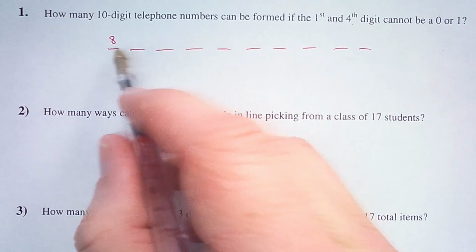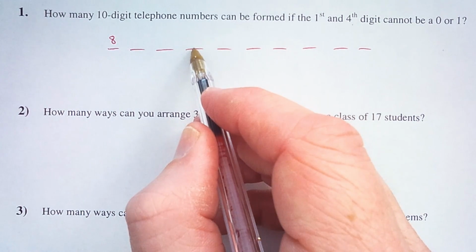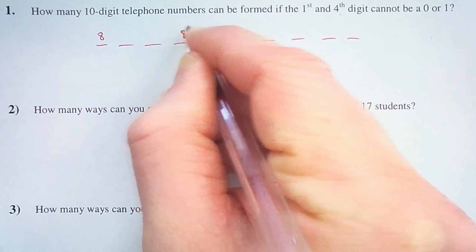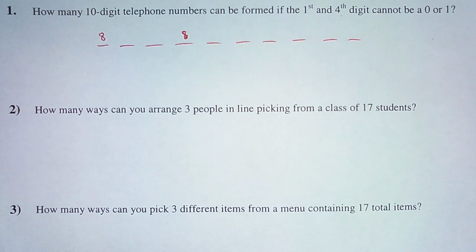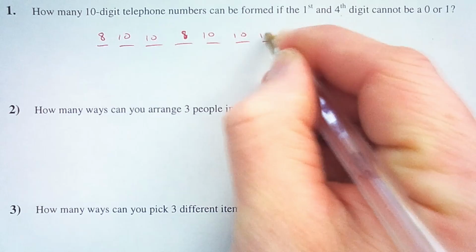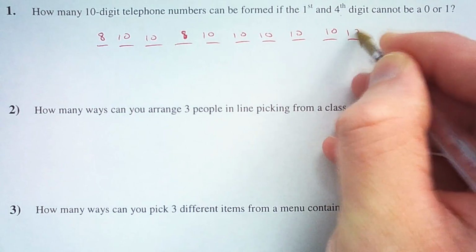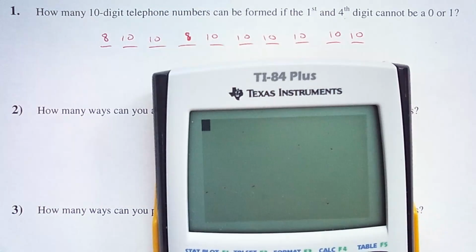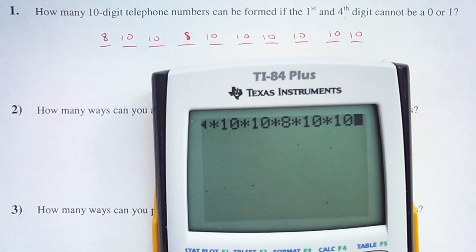The fourth digit, so that's 1, 2, 3, 4. The fourth digit also cannot be a 0 or a 1, so there are only 8 options here. The rest of them can be anything 0 through 9, so that's 10 options for all of these. And now we will multiply the options for each digit. So that's 8 times 10 times 10 times 8 times 10 times 10 times 10 times 10 times 10 times